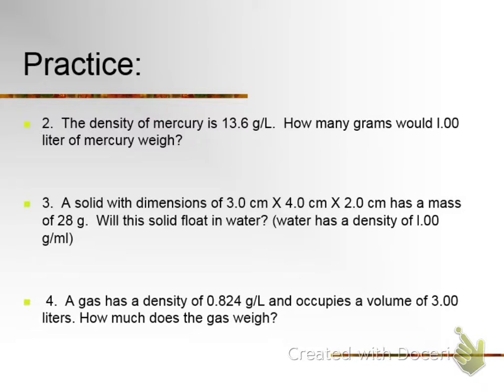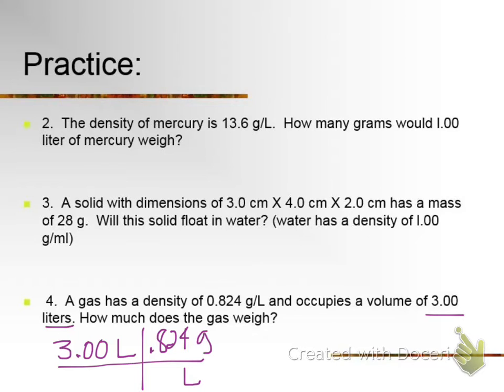Let's do one last example. This says a gas has a density of 0.824 grams per liter and occupies a volume of 3 liters. What does that weigh, or what is its mass? So always start with the 3 liters, with what's given or what we know, and we want to get rid of liters. So we're going to say 0.824 grams per 1 liter. So we're going to